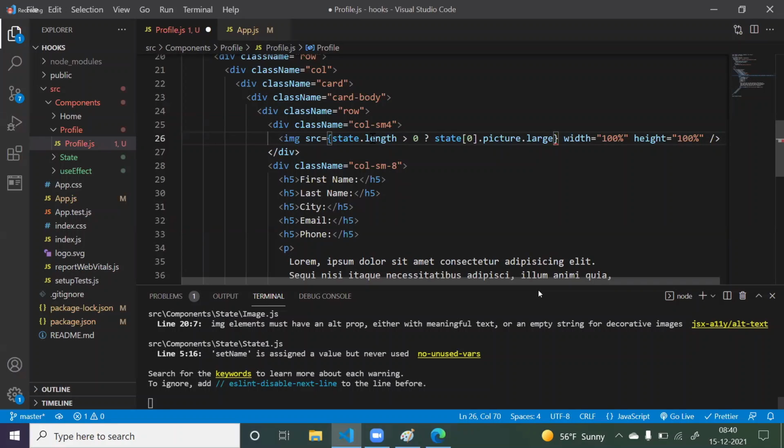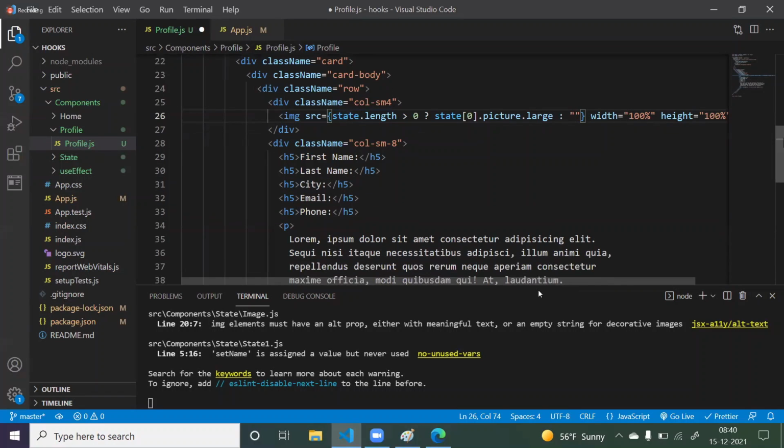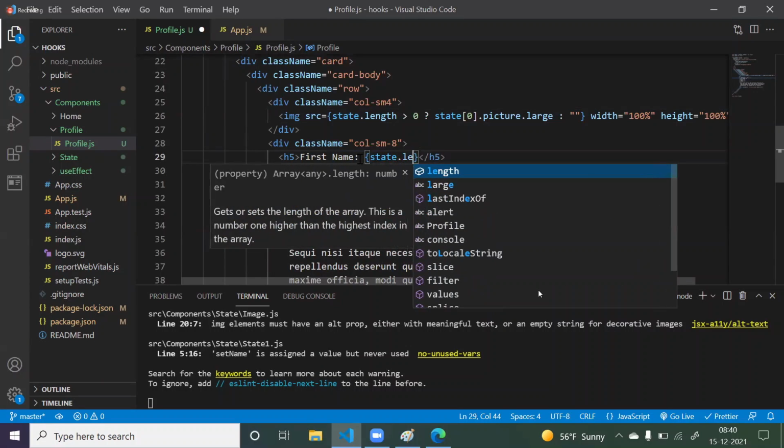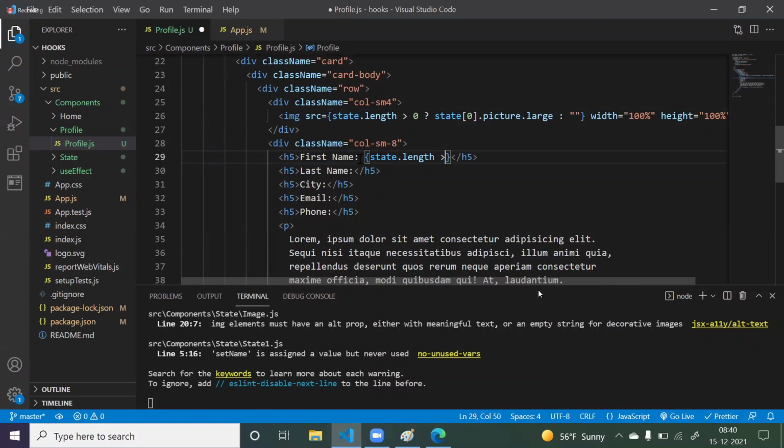But before that, we are checking the condition, whether state is empty or state has some data. We are telling if state has some data, then only take the picture. If state is empty, then just make it as an empty string. That's it. Empty string. And the same goes with this one also. Here also the same thing. First, we will check the condition, whether my state dot length is greater than 0 or not.